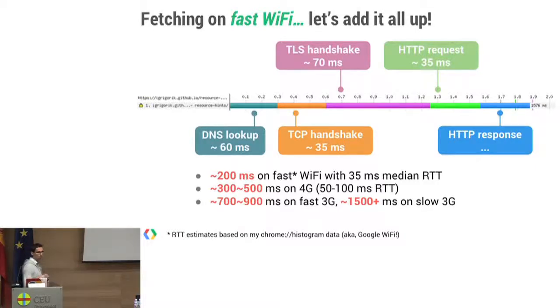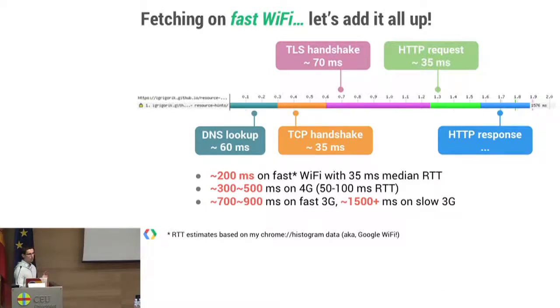This is after about 2 days of me browsing in my Chrome browser on a really fast Wi-Fi network. This is our corporate Wi-Fi network at Google. And I just looked up some histogram data within Chrome for how long each step takes for me. Once I add it all up for a typical connection, you have DNS, TCP, TLS, HTTP request and response. The median time to set up the request was about 200